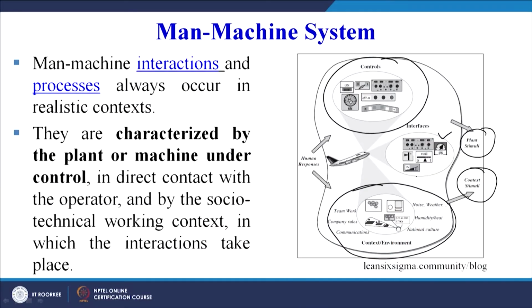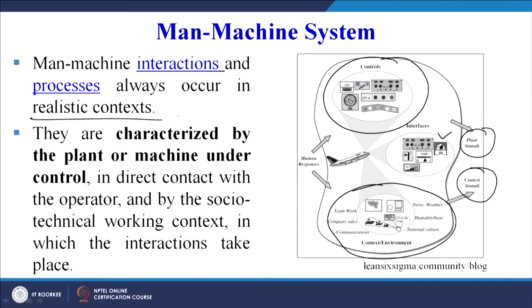When I am speaking, the things must be recorded in the most clear manner, there must be no noise. So noise damping is also very important. So these are, we can say, the context or environment, and then the physical things are the things that we are using, the console, the video camera, which is a part of the physical object or the equipment. So equipment, controls plus the context or the environment, they all add up to the interaction between the man and the machine. So the man machine interactions and processes always occur in a realistic context.